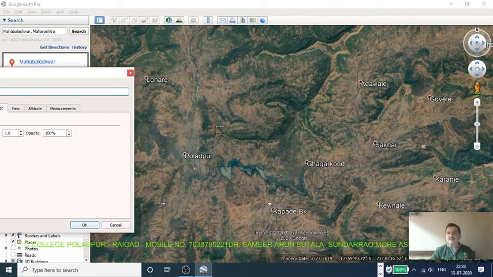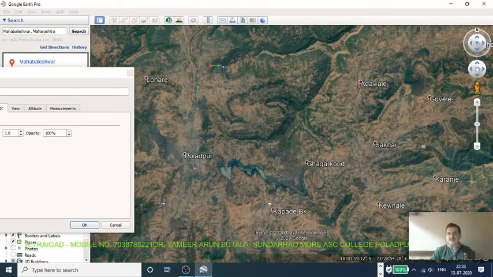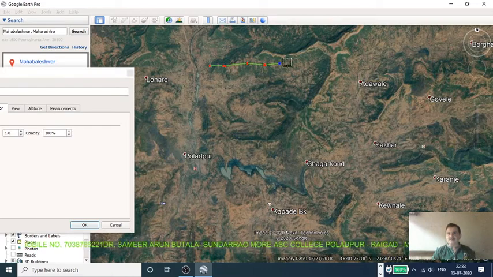This is the contour map area which I want, and we are using digitalization. Just click dots randomly on the study area, on the region. I am just clicking on this area. We select the area whose contours we want.